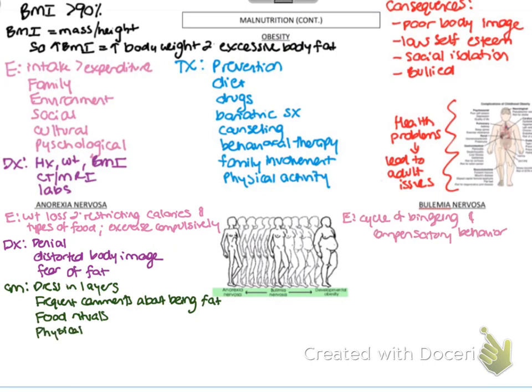There are obviously the physical signs and symptoms. They might have teeth issues. They're not getting the calories they need, but they're also not getting the vitamins and minerals they need, so they often have physical signs and symptoms from those deficiencies. They might chew their food. They may say, okay, I'm going to sit down to eat, and I have to chew every bite 50 times before I swallow. And that's the only way they think.